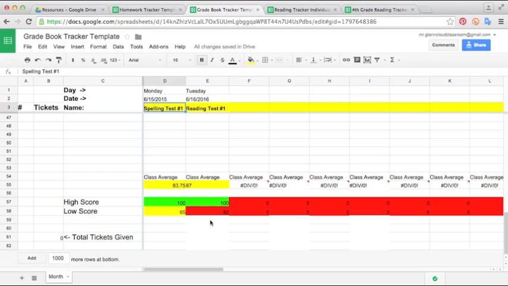I think this helps for the teacher just to see where they're falling. Are they making the test too hard? Is everybody doing bad on the test? Are you making the test too easy? Is everybody making 100? I think this helped me just to see visually,